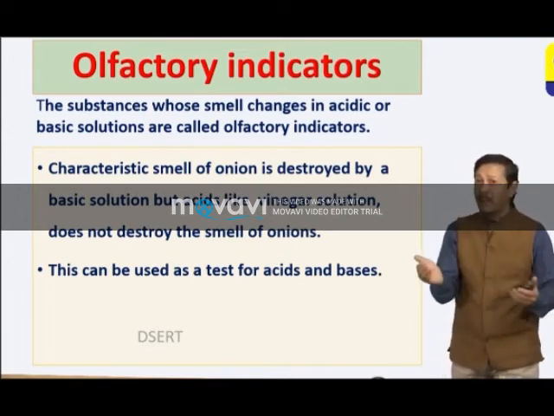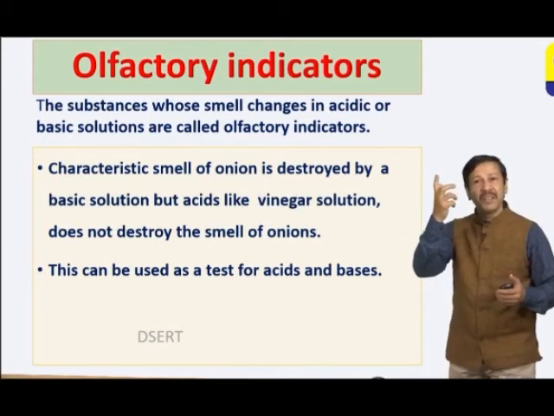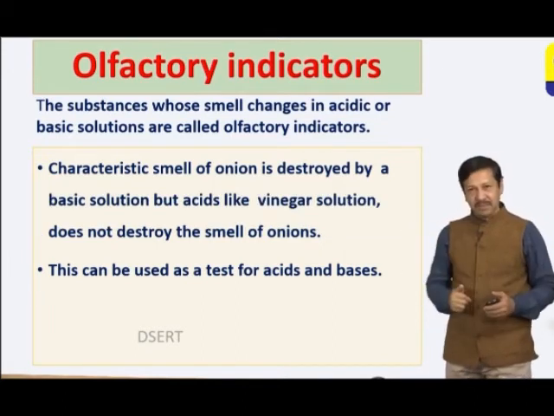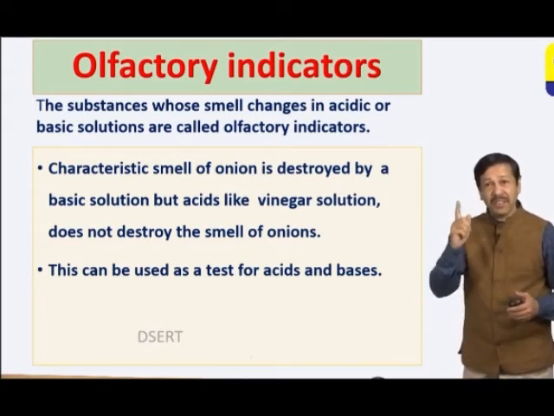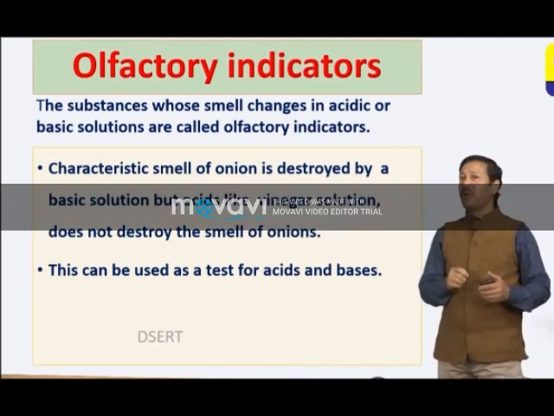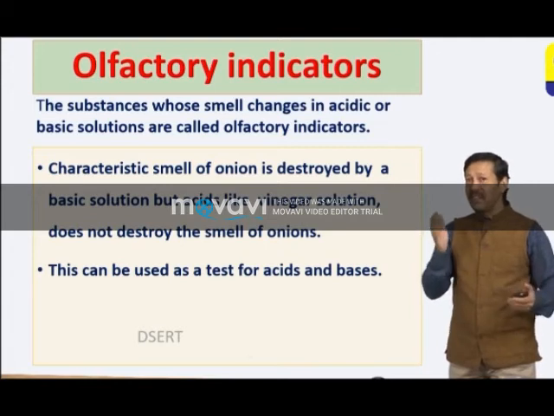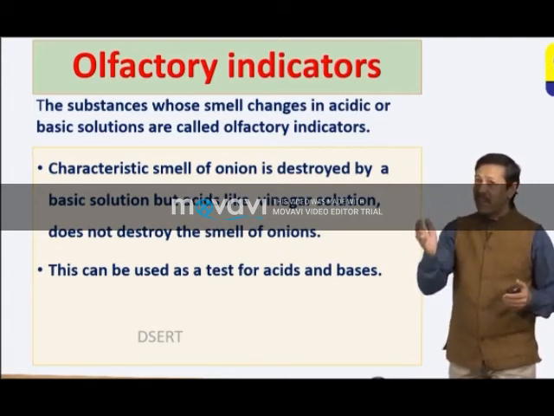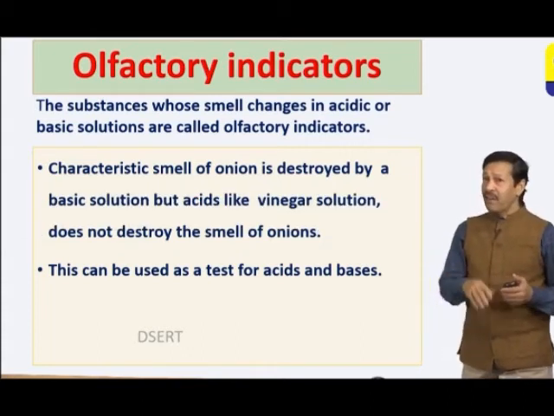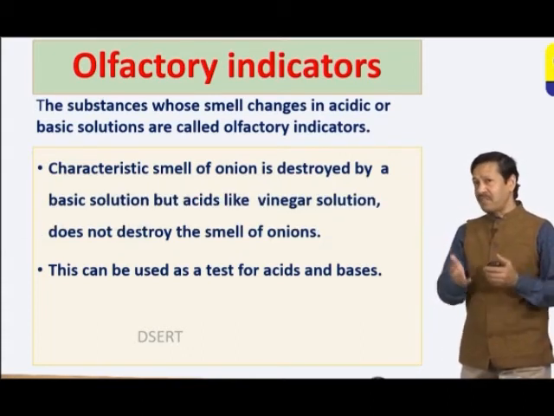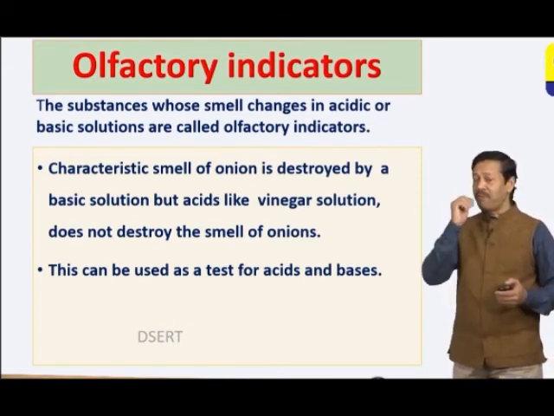After that, to remove the bad breath, what are you doing? You are brushing with paste which contains a base. Hence, you now know what an olfactory indicator is and how it works. So, base removes the smell of onion, thus you can easily identify acid and base by using an olfactory indicator. Similarly, clove oil, vanilla essence, you can also test at home. This is very simple and easy for you and also fun for you.